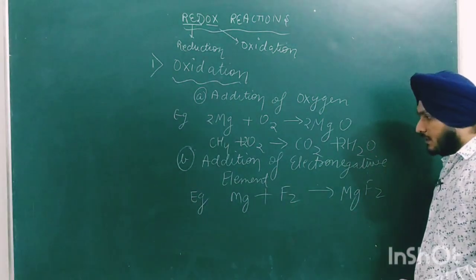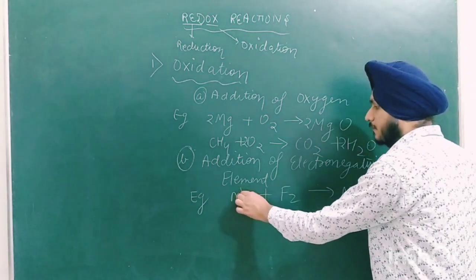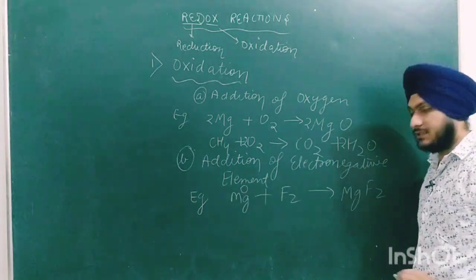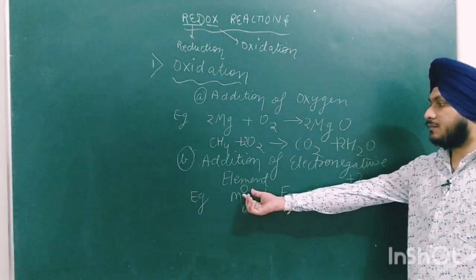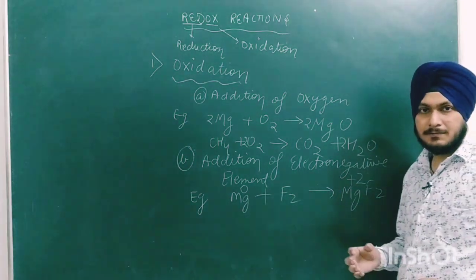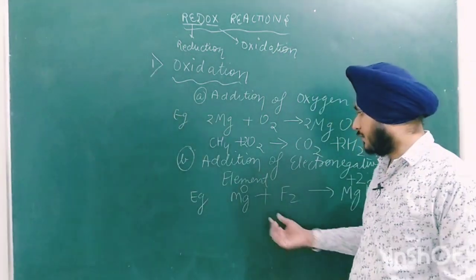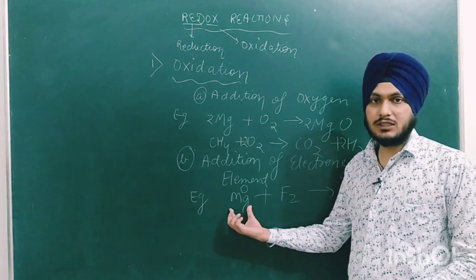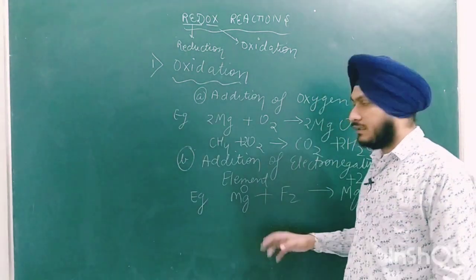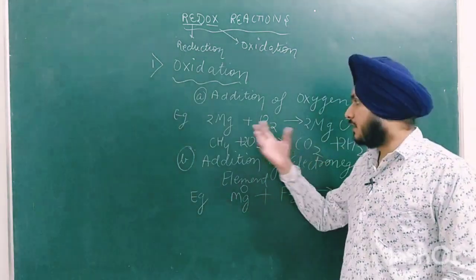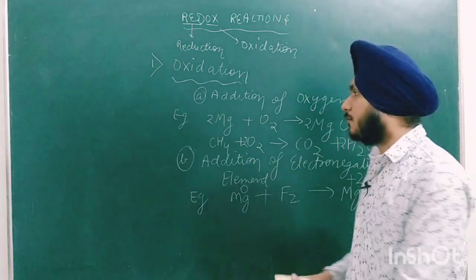Now the actual reason is that here the oxidation number of magnesium is 0, and here we have the oxidation number as +2. So if we are moving from 0 to +2 on a number line, then it is oxidation, because here the magnesium is losing 2 electrons. We will discuss that one also in the next definitions. So these are the first two definitions.